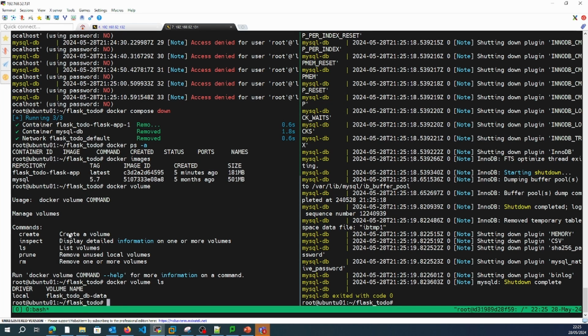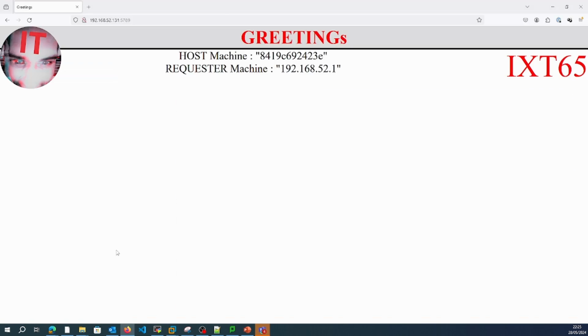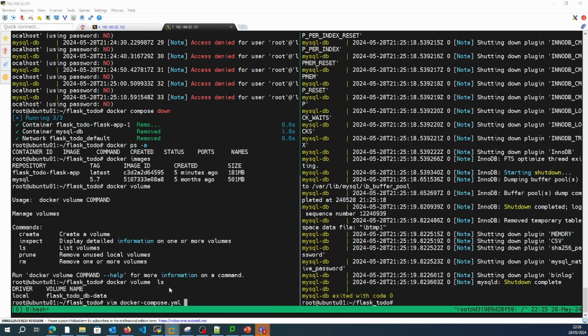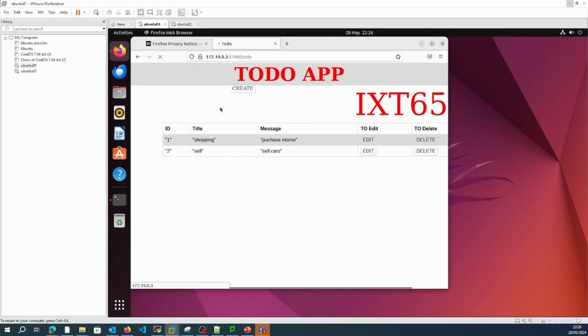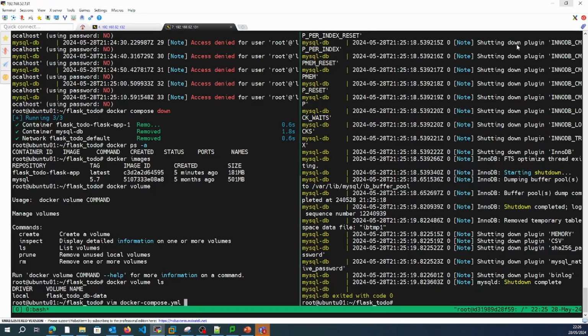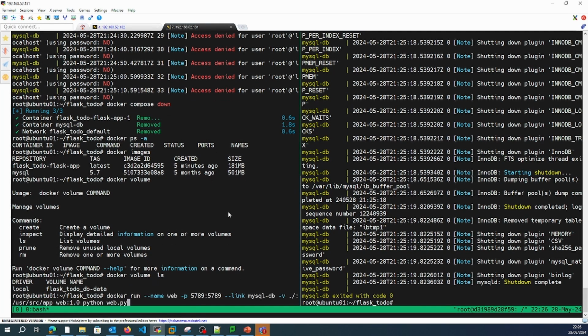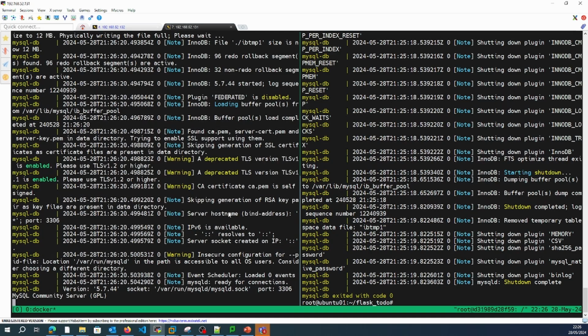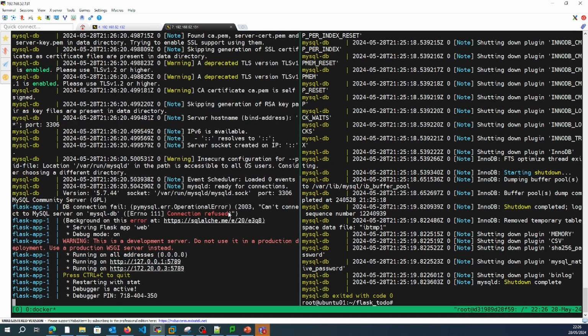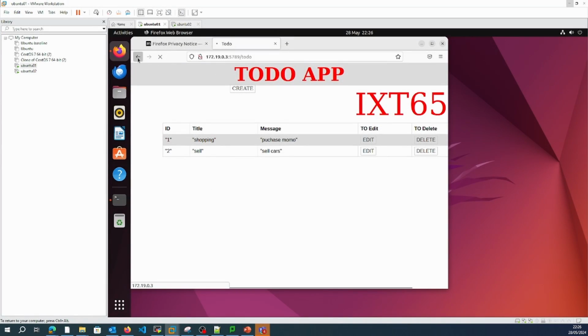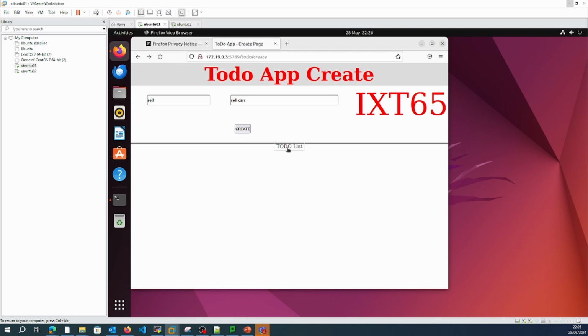Even the volume is not cleaned up but retained, because next time we spin up, it will use the same database. So let's bring up the MySQL, and our last entry was sell cars. This was our last entry. So we'll bring up this app. Now this app is up. Now if I go to my to-do list,